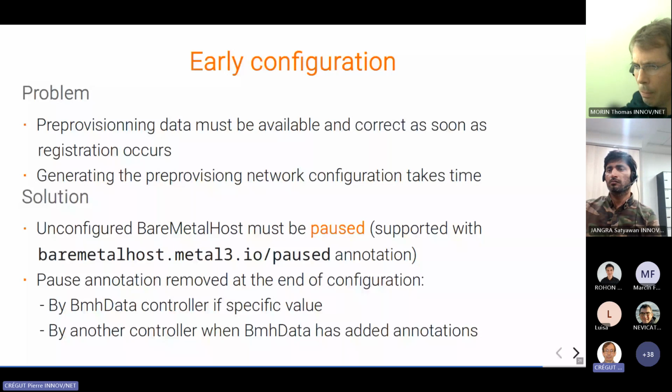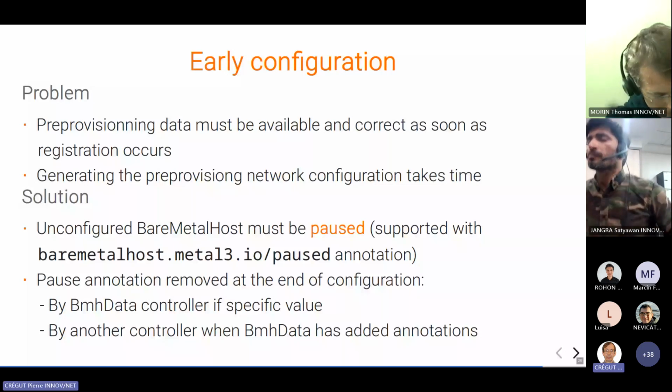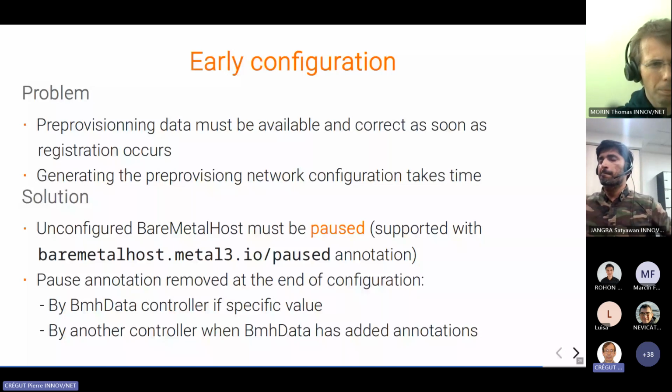So it can either be your BMS data controller if it is alone at the beginning, and it is the only one that needs to